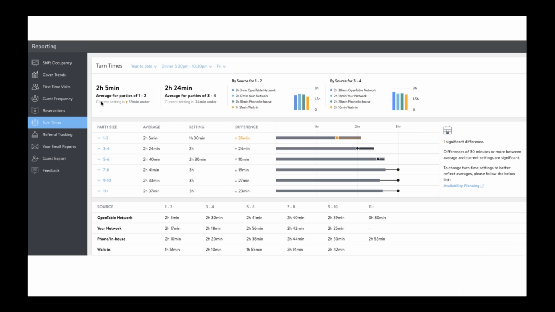This restaurant is showing my average party size for parties of 1 to 2 is 2 hours and 5 minutes, and current setting time is at 35 minutes under. So this is telling me what my average is and what my settings are. And actually it's a 35 minutes difference. So this is one of those reports that you can action immediately to offset that discrepancy,